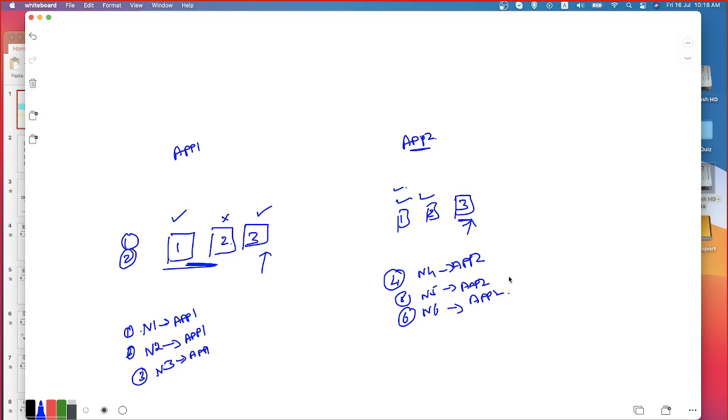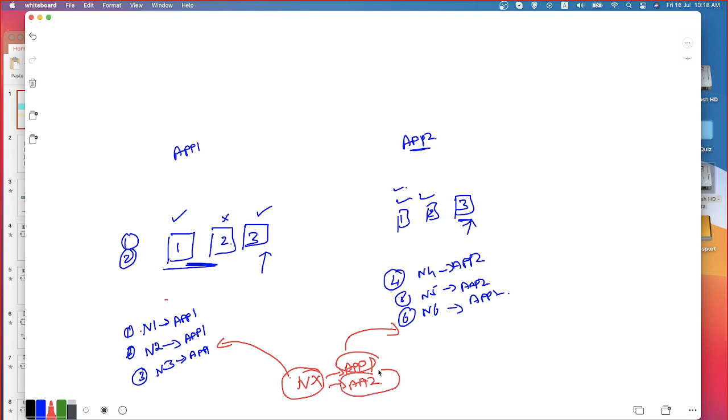But what I am trying to do is create a node X. On node X, I'm going to install both application 1 and application 2. Both applications are installed on this node, and it is referred to in pool 1 as well as in pool 2. From pool 1's perspective, application 1 is referred. From pool 2's perspective, application 2 is referred.